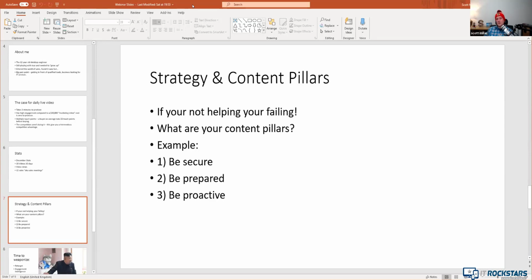And then being proactive. That could be the whole managed service solution that you offer, the RMM solution. It could even be the whole digital transformation that you do as your unique selling point. So the be proactive approach. Those 3 content pillars are the basis of the topics that you can come up with. And the way that I work it is I will never do the same content pillar twice. So one day it's be secure, second day be prepared, third day be proactive. I will never do 2 about being prepared one day after the other. I just mix it up, and it keeps things fresh as well. So that's how you come up with content.